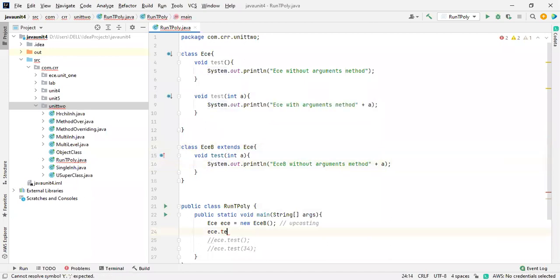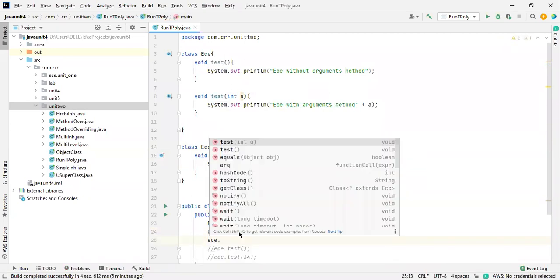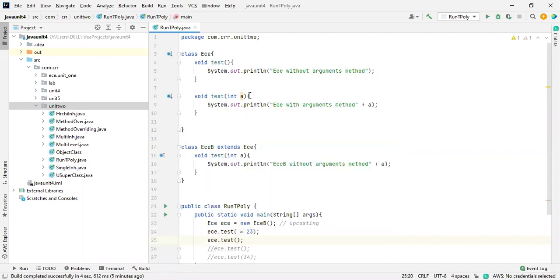So I'm going to call test. I'm going to pass a value like 23, and then I'm going to call ECE dot test without arguments, and just call this one also. Now which will be printed, this one or this one?